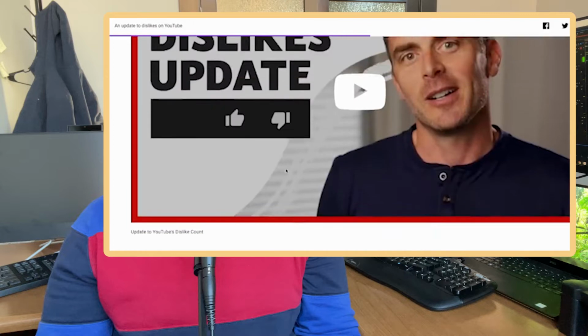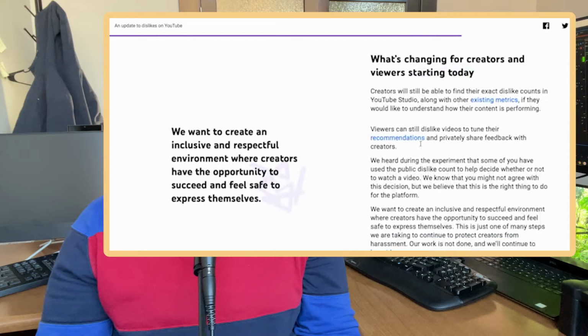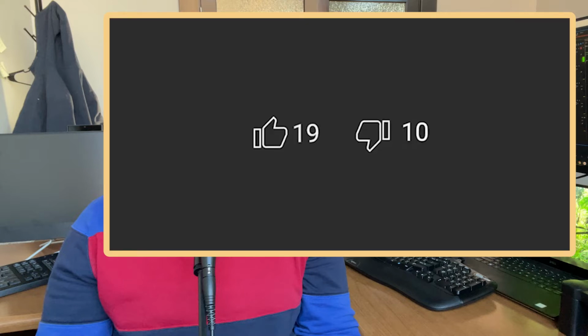Removing public dislikes. So there was a YouTube blog post yesterday explaining that they will be slowly hiding the dislike counter for all videos on YouTube starting today. That dislike count will now be hidden for all viewers of all videos. So YouTube is basically trying to remove the public dislike button. As you can see in YouTube videos, there's usually a like and a dislike button. YouTube would like to publicly remove the dislike button. This means that viewers can still dislike videos, and only the creator will be able to view the like to dislike count.